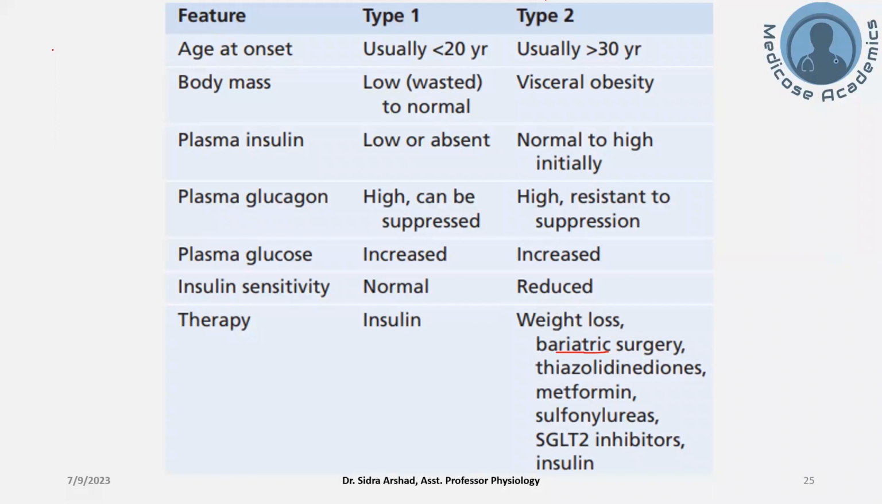So for type 1 diabetes mellitus, insulin is necessary. It has to be administered because there is no production of